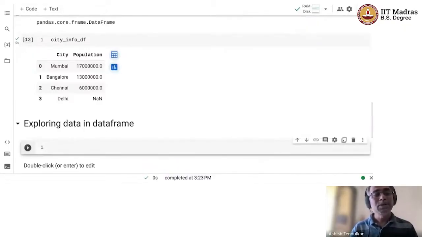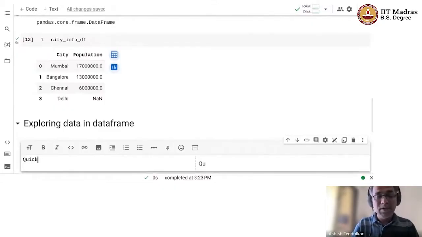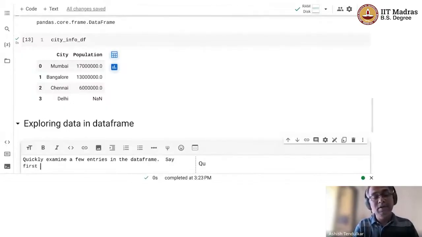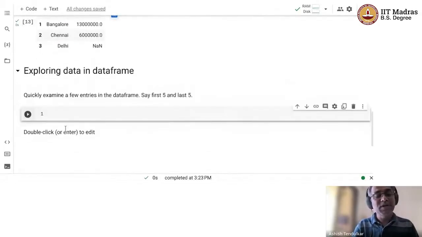Okay, so let's try to... It would be useful to see what is there, right? Let's quickly examine a few entries in the data frame. Say the first 5 and last 5, for example. There are ready-made functionalities for that. So we can say